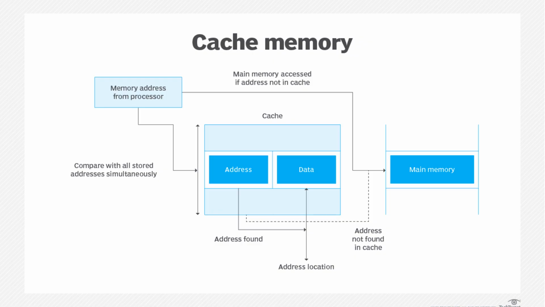The cache memory, it is also a primary memory, and actually it is a static RAM, not a dynamic RAM. And I have already told you about the static and dynamic RAM in the last video. This cache memory actually works between the main memory and the processor. और जो frequently accessible data होता है ना, वो cache memory में जाके store होता है, not in the main memory. For example,